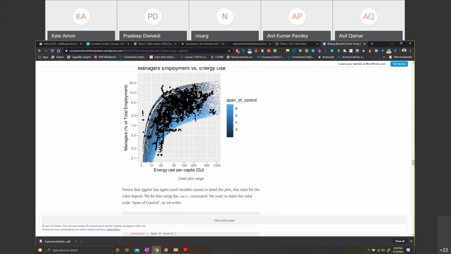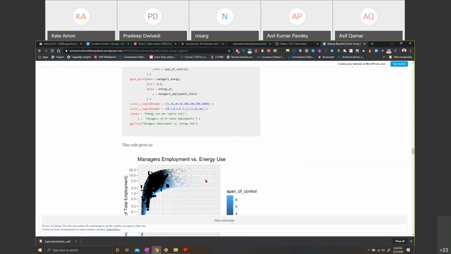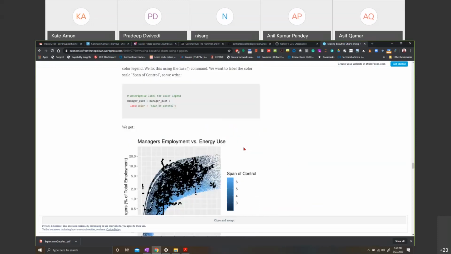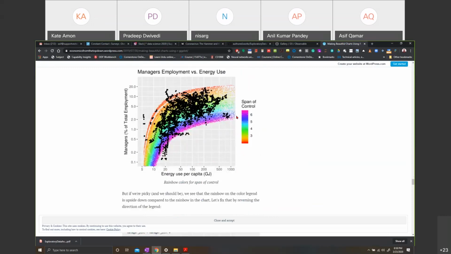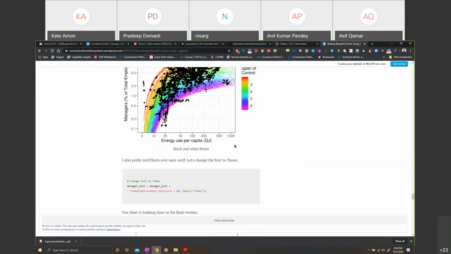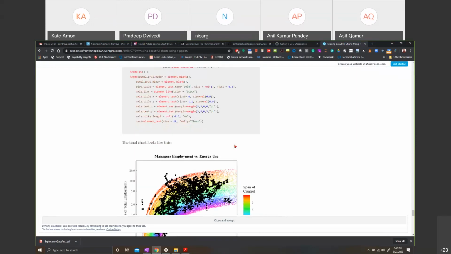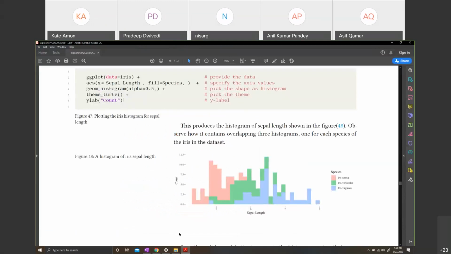And do you see how systematically the visualization keeps getting better? At each point, he adds one more thing. To go from one to the other, he keeps adding things. So it is very additive. You can add sentence by sentence, and then it keeps getting better and better. You keep putting layers, as people who are familiar with Photoshop would say. So this is an example of ggplot. I would highly recommend you learn ggplot.